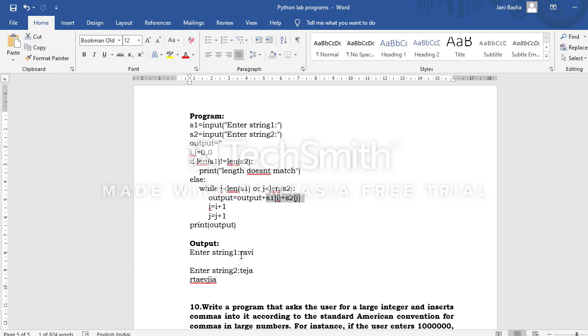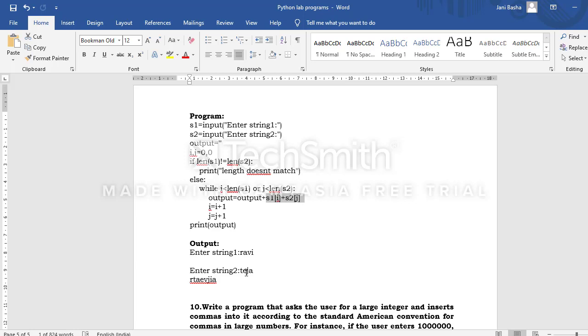Now we need to move on to the next letter. To move to the next letter, the I value has to be increased, I is equal to I plus 1, and J also, J is equal to J plus 1. Now the I value has been increased to the next number, and the J value also. Again we need to check the while loop. The second time, S1 of 1, S2 of 1. What is S1 of 1?